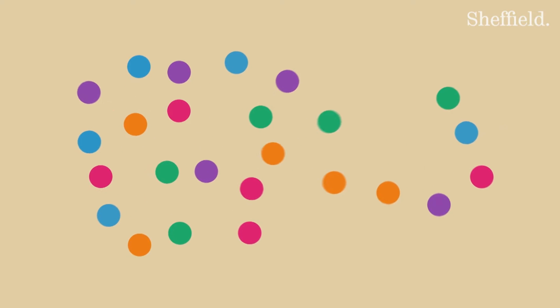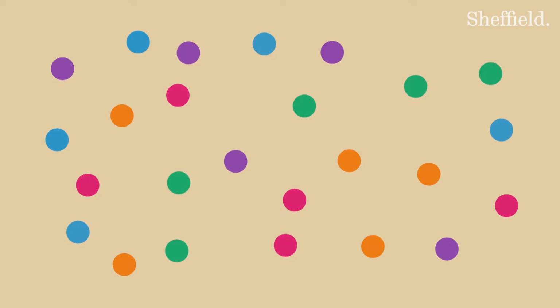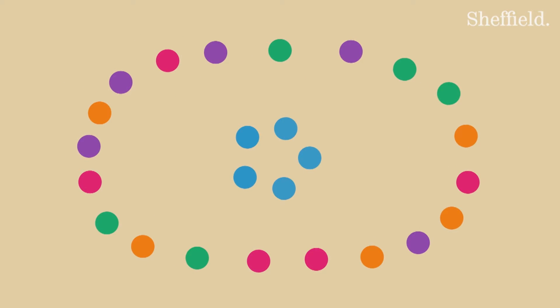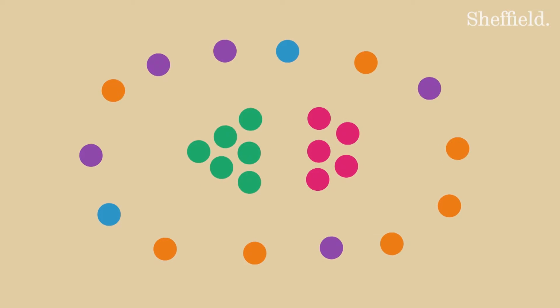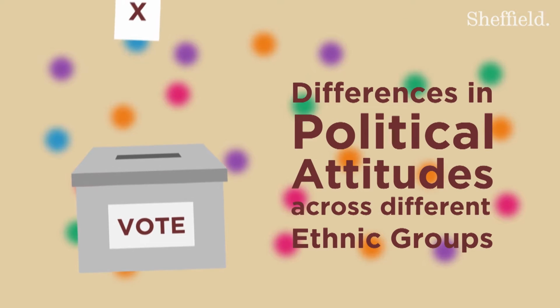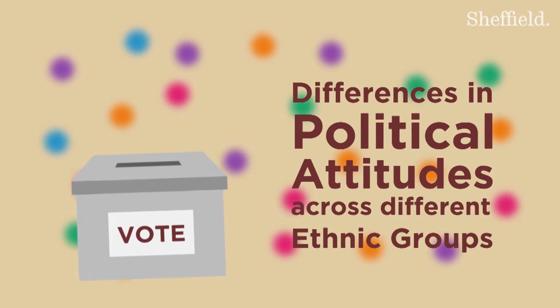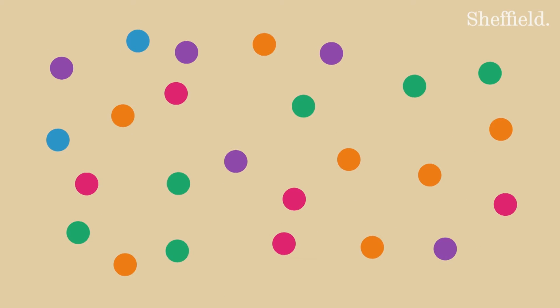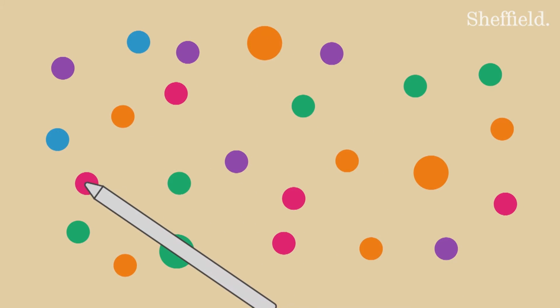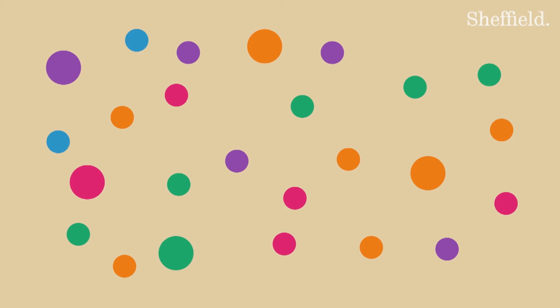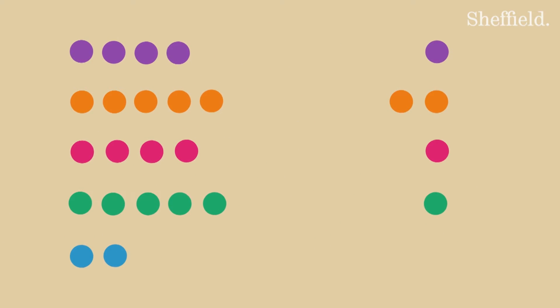Random sampling approaches work best when you have to make conclusions about the whole population, such as finding out how many of the dots in the population are blue. If you want to investigate differences between specific groups that you know are different sizes, you should take a different approach. Let's say that we want to compare differences in political attitudes across different ethnic groups. Each colour here represents a different ethnic group, and one of the groups is much smaller. Random selection from the whole population would mean that we will receive a very small number of people represented by the blue dots, and this group is unlikely to be internally diverse enough in terms of other traits, like age